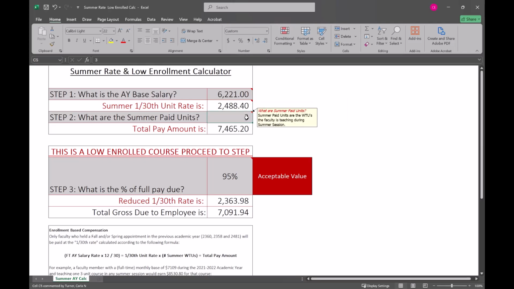All you have to do is enter in their AY base salary for the faculty member, as well as change their units. So let's say it's teaching 2 units for session 2, then it gives you the total pay amount. Now, this is where it would end, just so you're aware of their summer rate. But if you need to, after census, figure out if they're low enrolled,